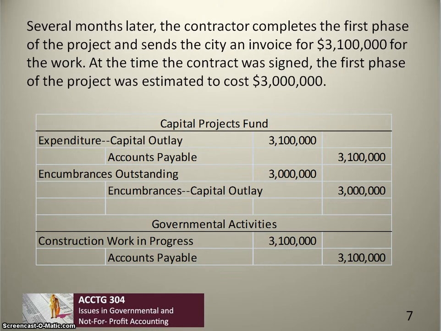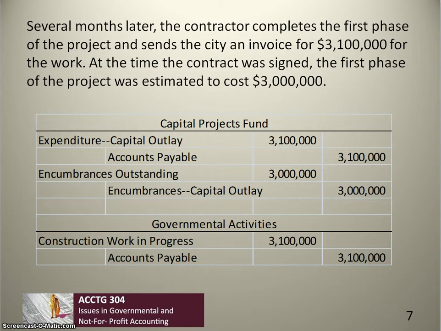So in this case, we had originally estimated the first phase of the project would cost $3 million. We had recorded an encumbrance in that amount. It was part of the $10 million we did originally. So in this case, we reverse our original encumbrance entry in the amount of $3 million. We still have $7 million of encumbrances outstanding for this project, representing the later phases of the project which have